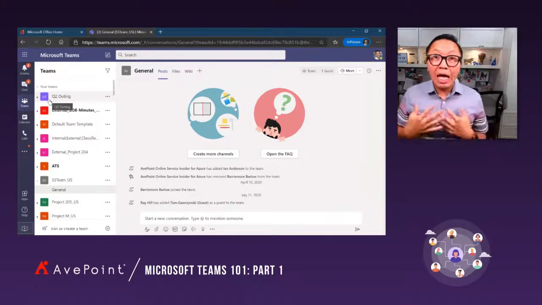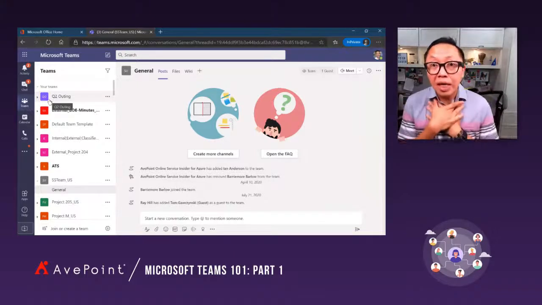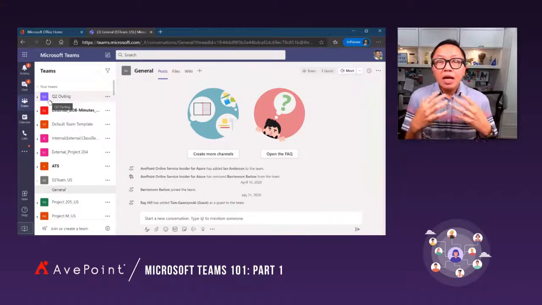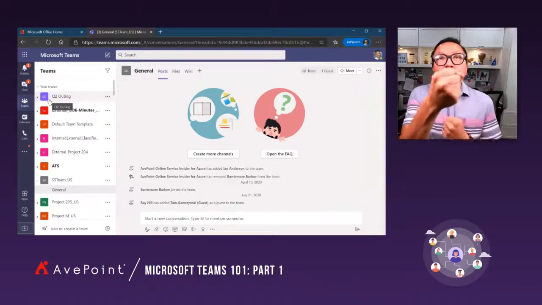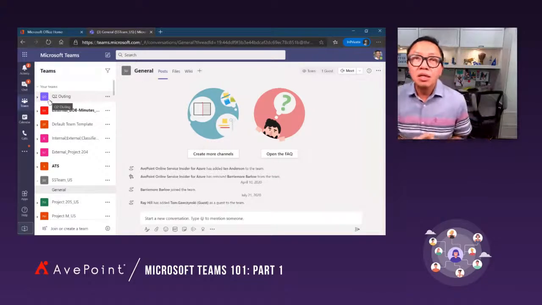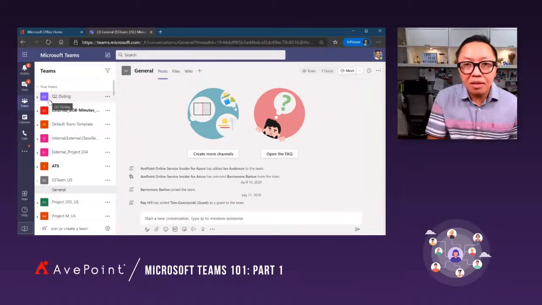So for example, as a department, I'm with the marketing team here at AppPoint. As a marketing team, we have a common function day in, day out. We have work that needs to get done. We have deliverables. We have activities. So we're working towards a common goal. We need to produce something on a regular basis. So using Microsoft Teams makes sense.